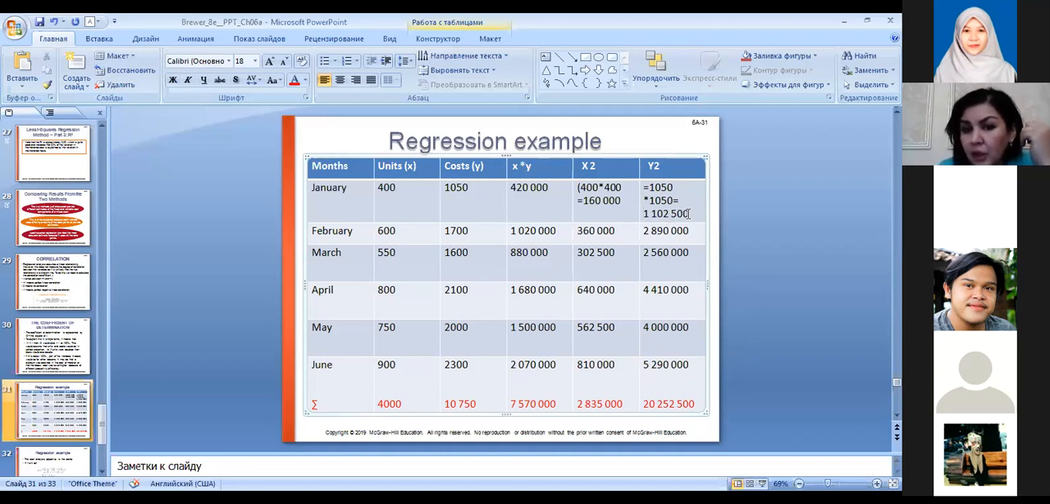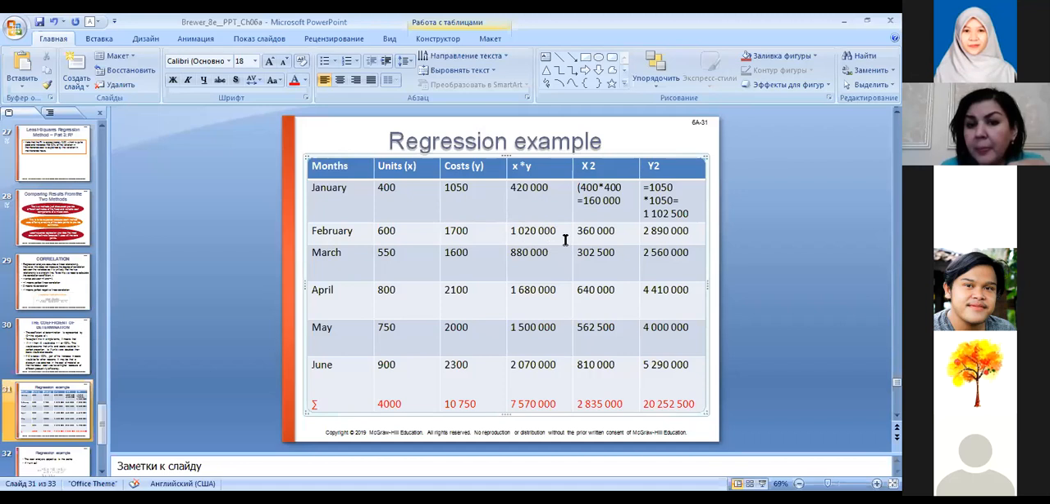1,102,500. So this is a way how to calculate for each month. So got the point how to calculate. February, 600, X is 600 units, cost 1,700. If we multiply X by Y, the result will be